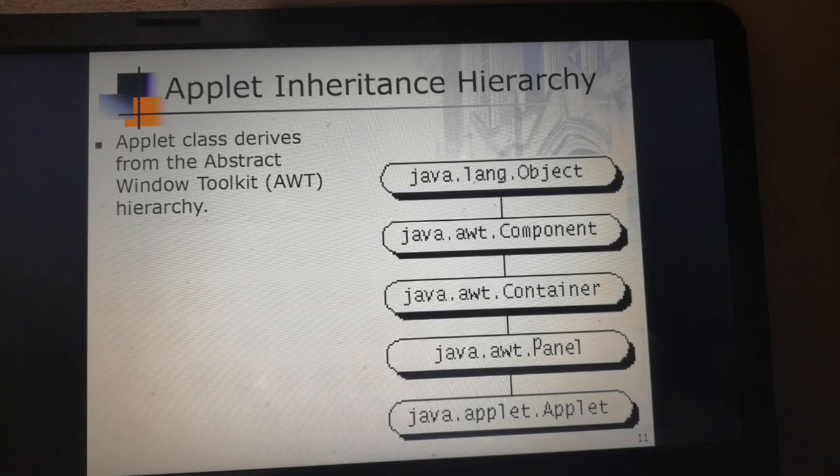Here we are describing the applet inheritance hierarchy. First is java.lang.Object.